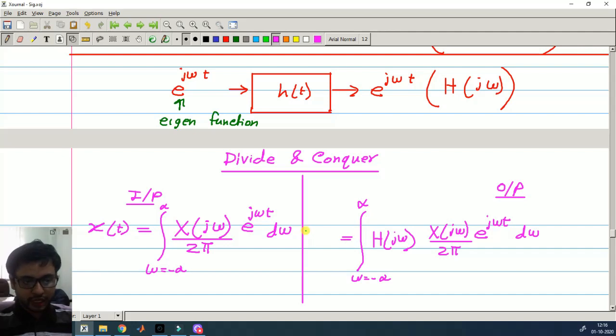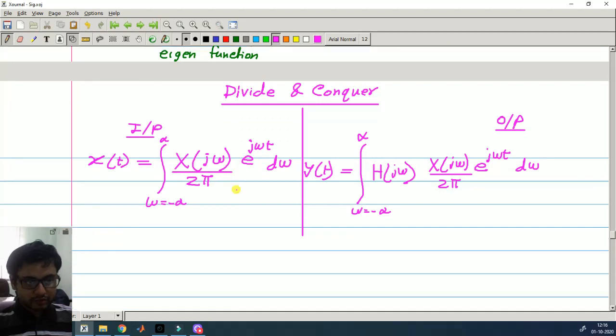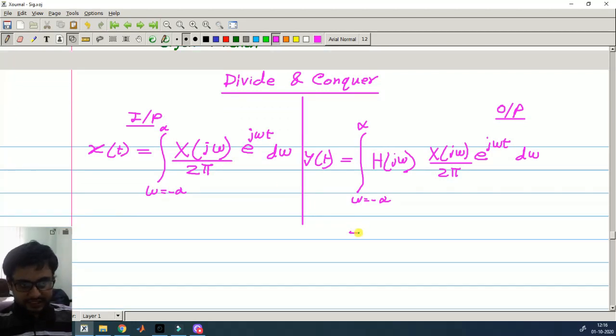That will be the total output. Now this is nothing but the Fourier inverse of H j omega X j omega,